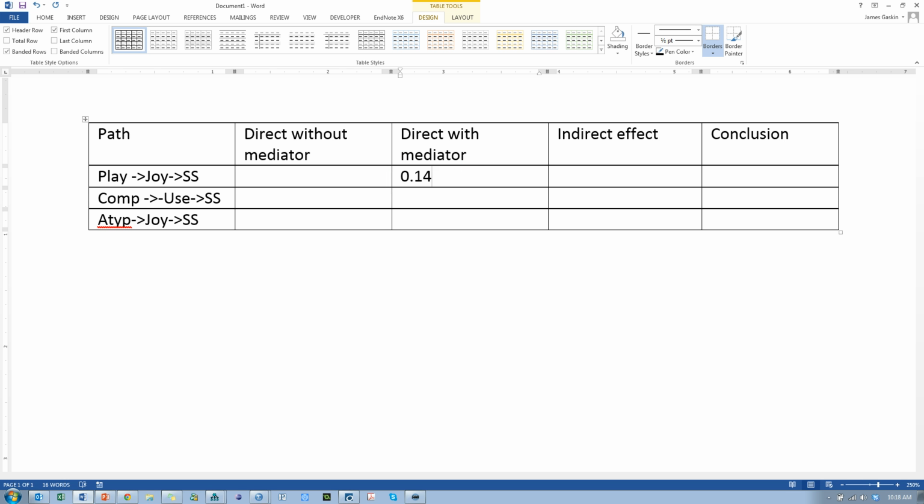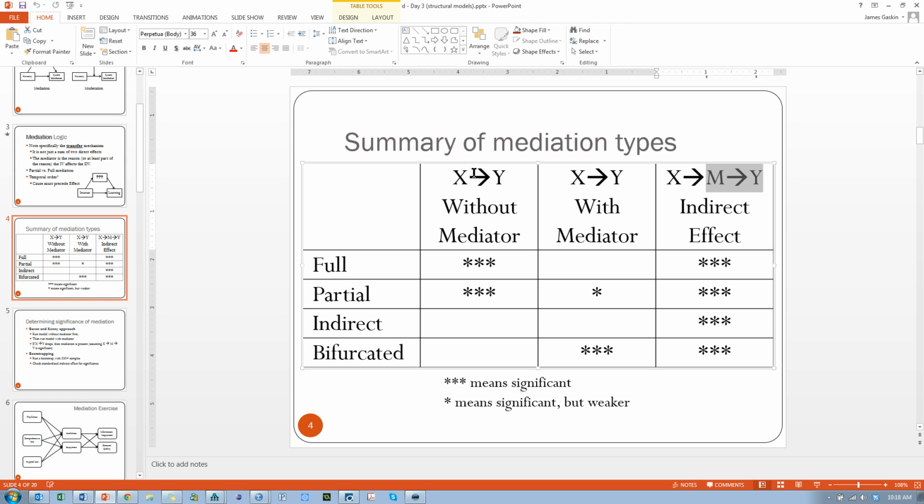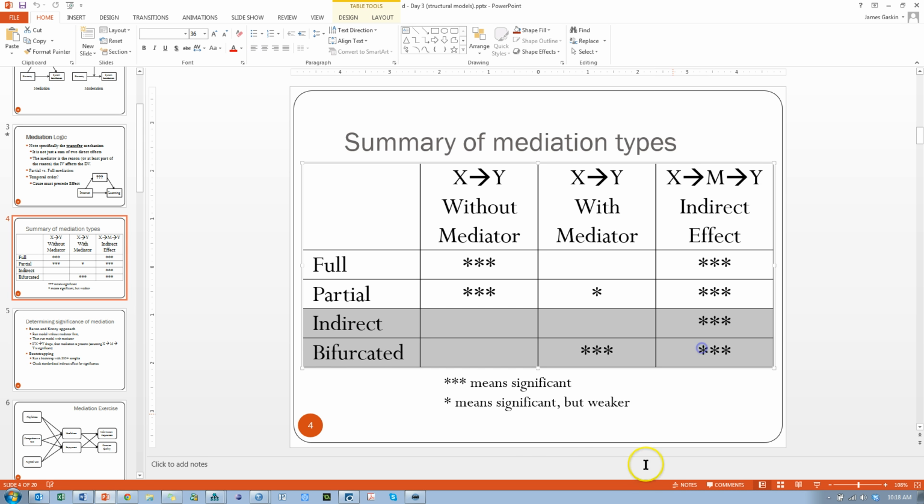Yes? James? Can I follow up on that question? Yes. If you have an insignificant direct effect and yet you still test for the mediator, can you assume that the mediator is somehow canceling out the effect of the independent on the dependent or something like that? Typically,